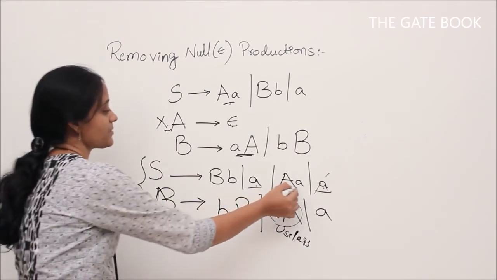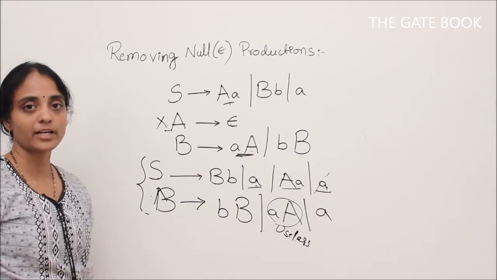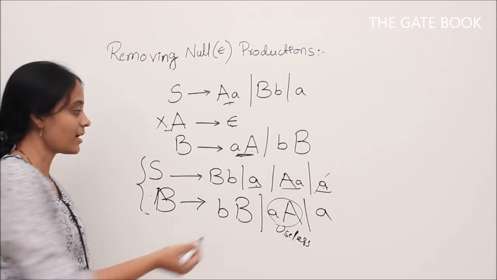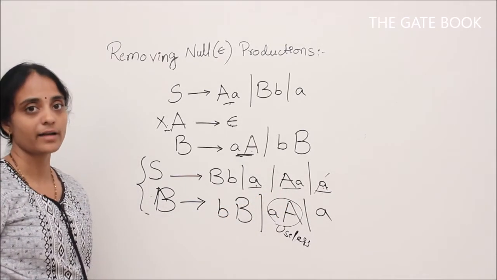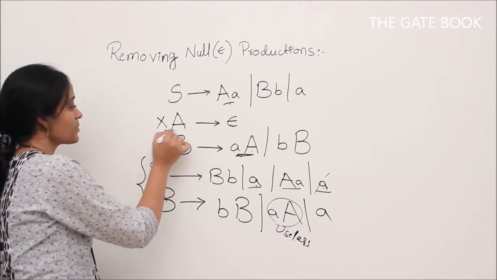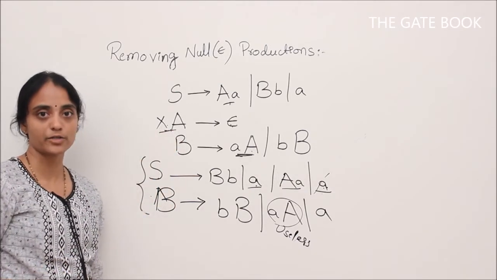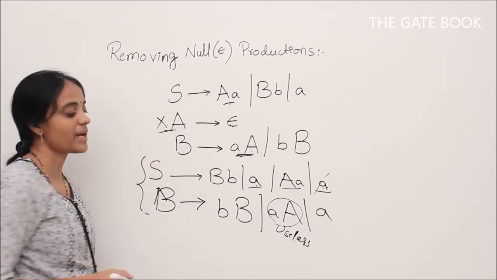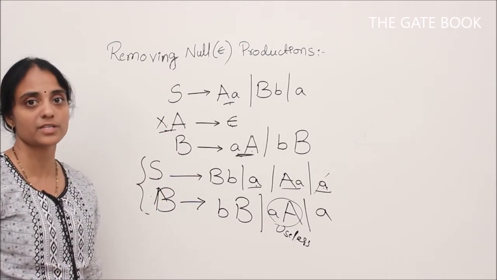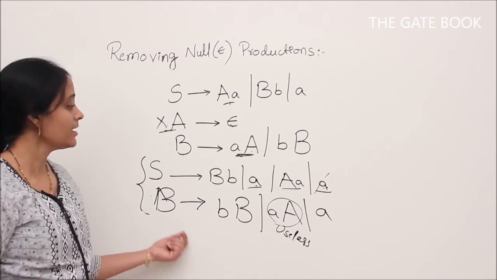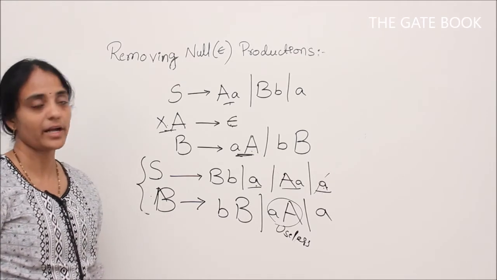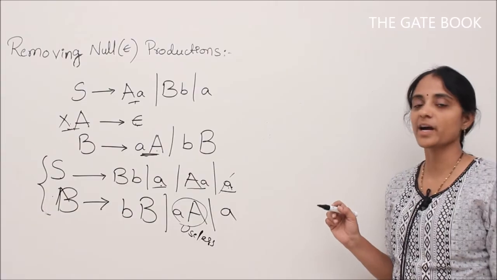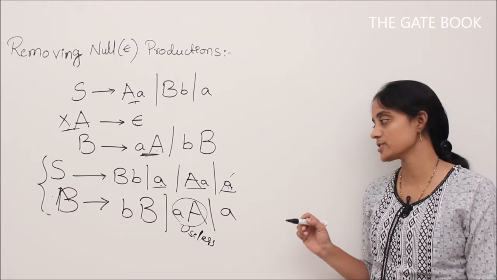So even if we substitute this for S, we will not get any terminal or any string out of this production. So they are useless. So sometimes removing epsilon productions may introduce some useless productions. So after this again we have to apply the technique of removing useless productions to get the final grammar for any given grammar. So what would be our final grammar after removing useless productions?